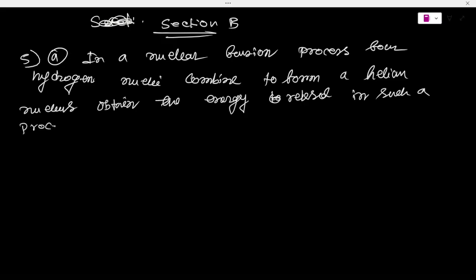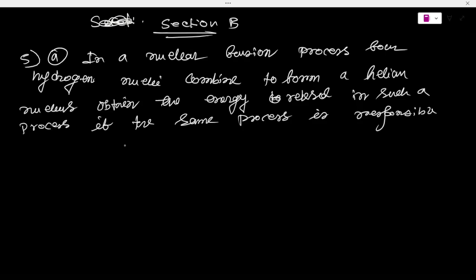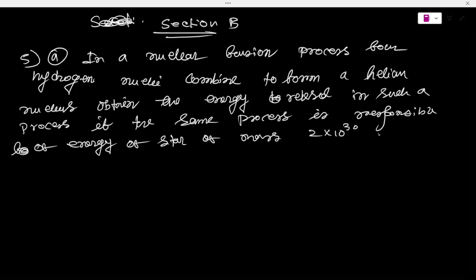If the same process is responsible for the energy of a star of mass 2 into 10 to the power 30 kg,